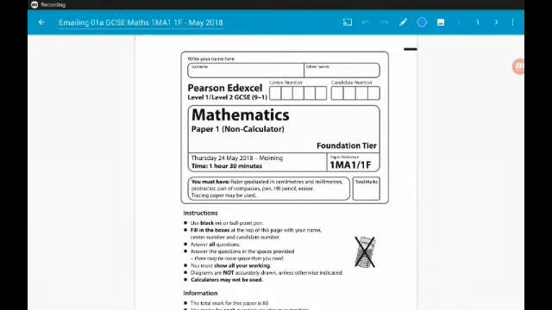Hey there guys, here we are going through Edexcel's June 2018 Foundation GCSE Maths Paper 1, which is the non-calculator